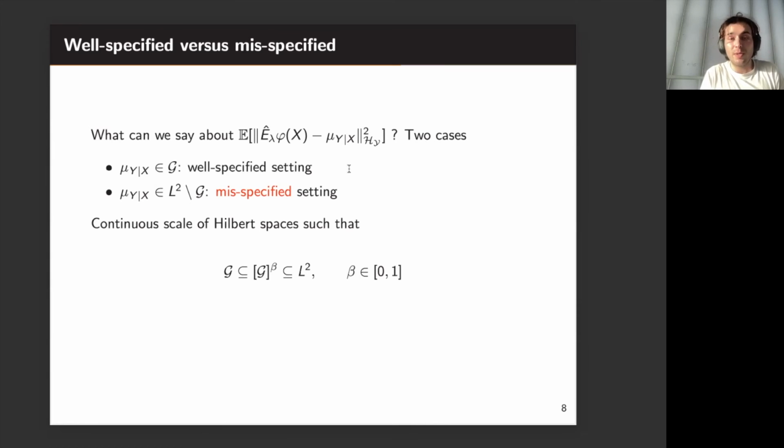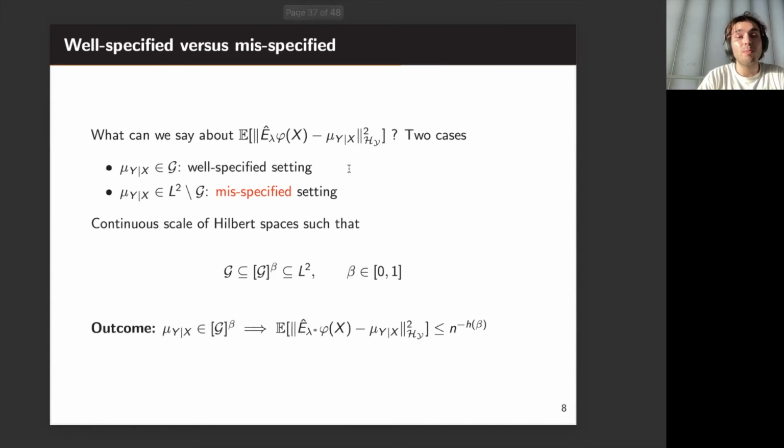which is a continuous scale of Hilbert spaces that all live between our hypothesis class and the L2, the space of squared integrable functions. The parameter beta specifies where in between each of the spaces is. So if beta goes to 1, G beta goes to G, our hypothesis class, but if beta gets close to 0, we get closer and closer to L2. So the main outcome of those ideas is a statement like: if our target lives in one of these interpolation spaces with parameter beta, then we should be able to control the rates with a factor that depends on beta.